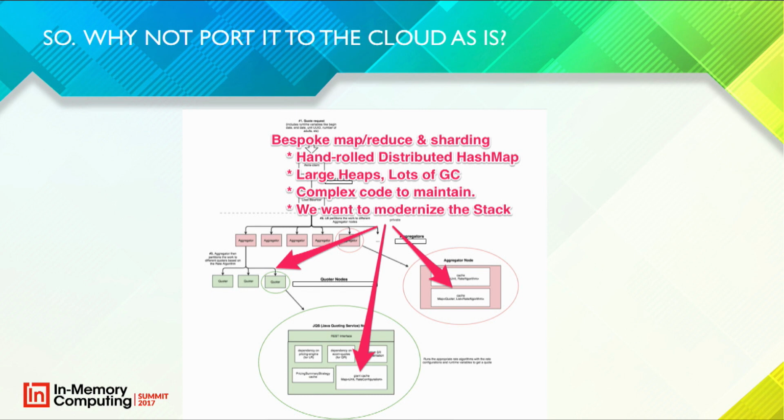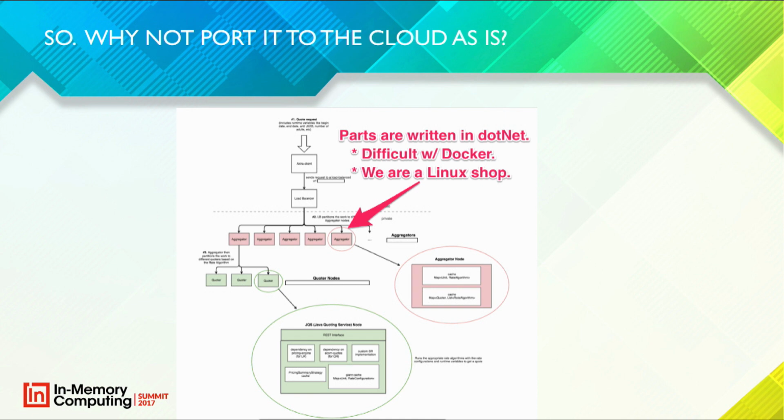Because we've hand-rolled this, we tend to have pretty large heaps because we don't reshard that often. So, of course, large heaps in Java mean a lot of garbage collection, which means a lot of trouble. It's complex code to maintain, and we want to modernize the stack. And unfortunately, some parts of it were written in .NET, which, let's just say, is difficult in Docker, just due to licensing issues, et cetera. And we're a Linux shop, so all in all, we want to,